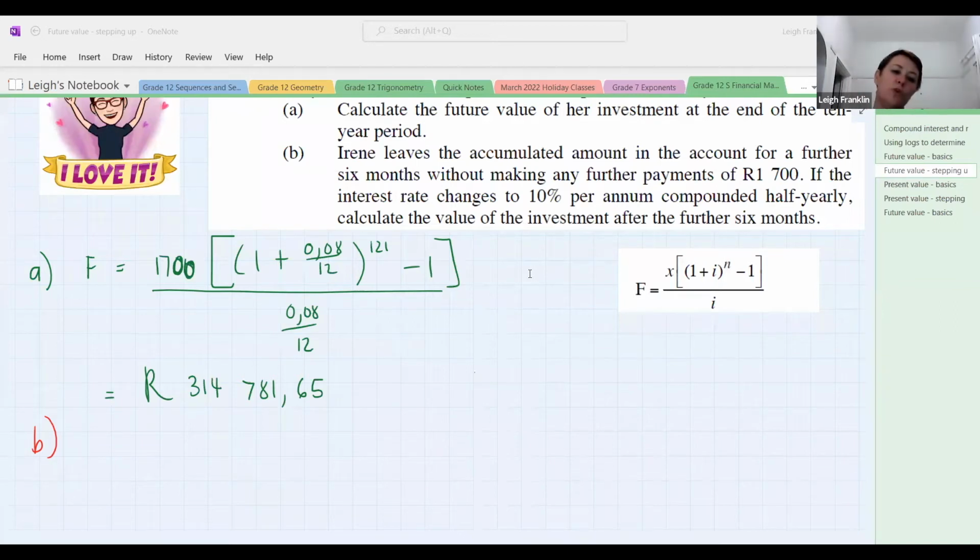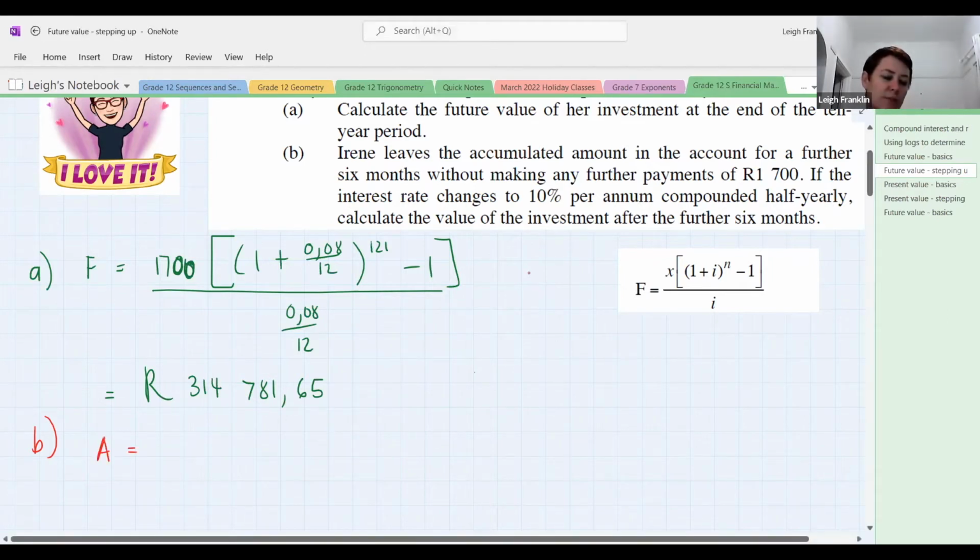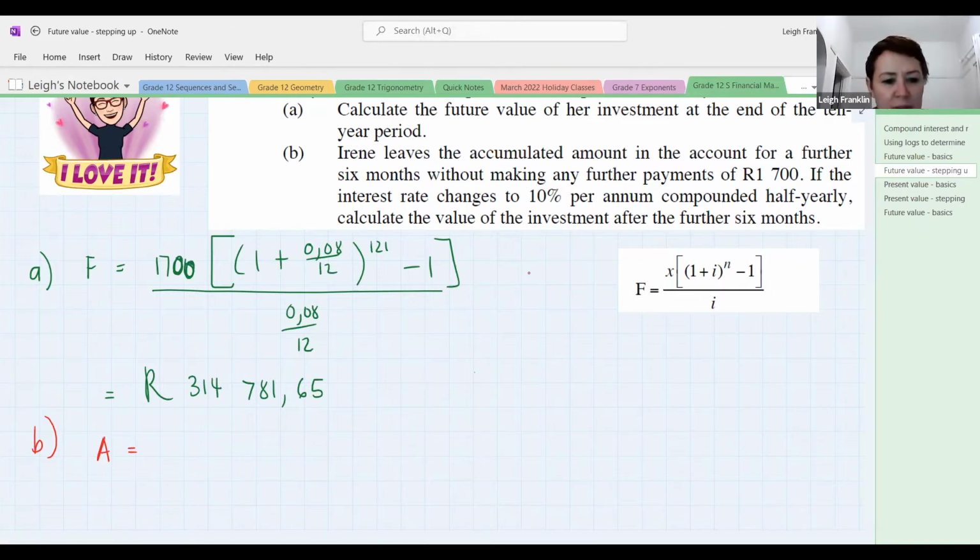So what you could do is take this formula and multiply it by a bracket, or if you wanted to, you could take this answer and multiply it by a bracket. So in other words, what you're really doing here is calculating A, you're not calculating future value. Because remember this is rounded off here, it would be more correct for us to take what we have in our future value formula,